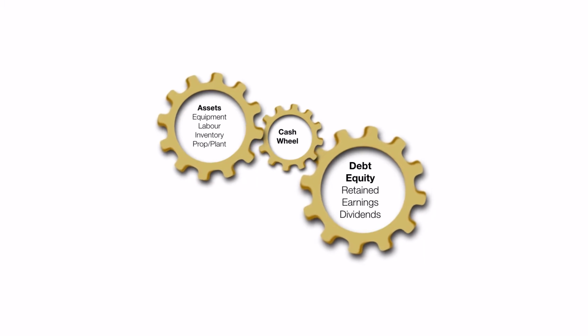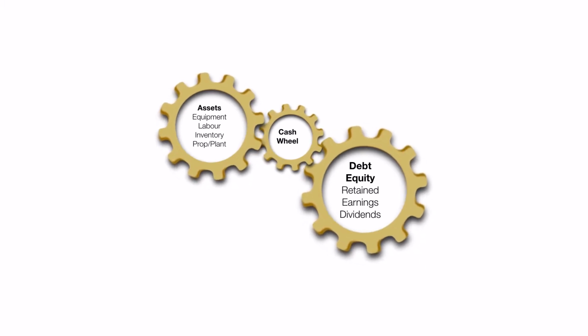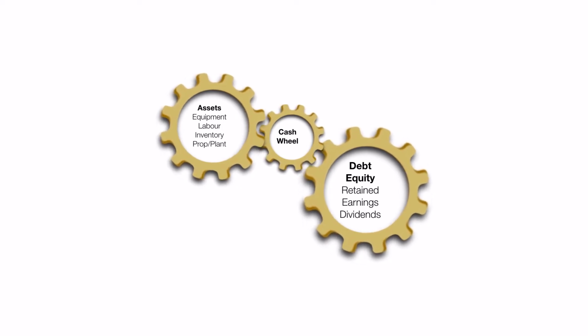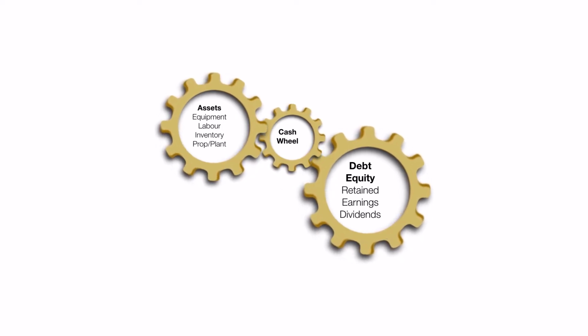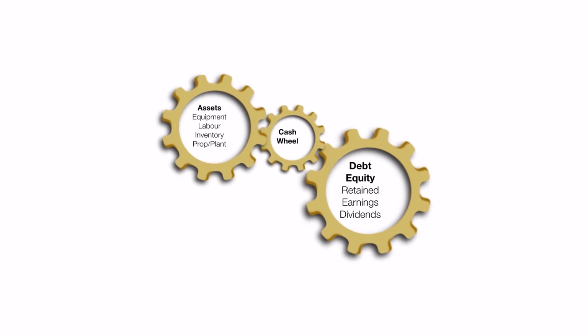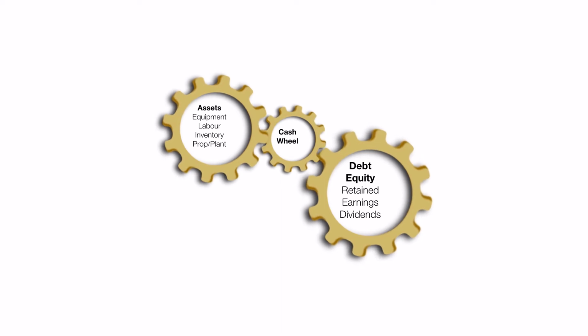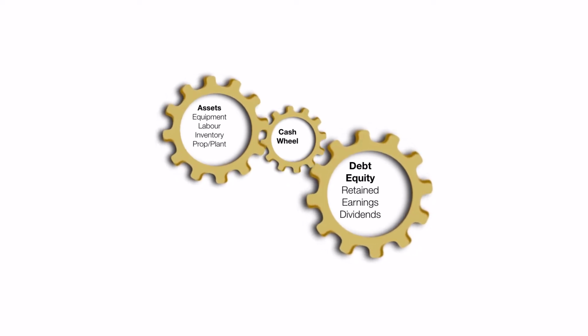What makes the balance sheet unique is that the sources of capital, in other words the liability and equity accounts, are always equal to the total amount of assets. As a company makes decisions to spend or invest its capital, the cash and asset accounts will expand and contract accordingly. At the same time, the equity section of the balance sheet will also adjust accordingly to keep things in